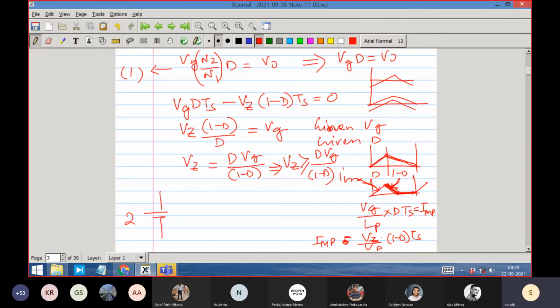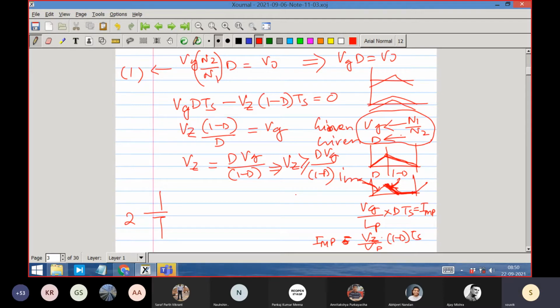So the moral of this story is that if you choose Vg and if you choose d as per your buck converter requirement, right? You have chosen Vg, you have chosen N1 by N2 or N2 by N1, all that you have chosen. You have thought only about the buck converter in the beginning, right? But after you have thought about it, then you have to choose the Zener voltage. The Zener voltage then becomes dependent on it. It is not arbitrary then. It is also a function of duty ratio. So therefore you have to choose the Zener voltage according to this constraint. So this is an additional constraint coming in the forward converter.